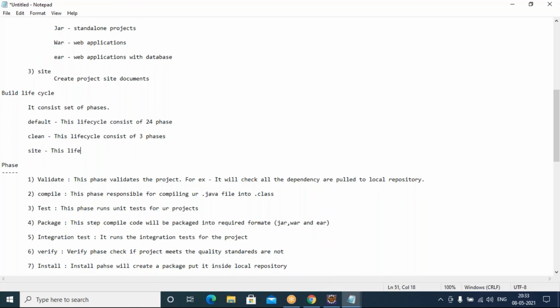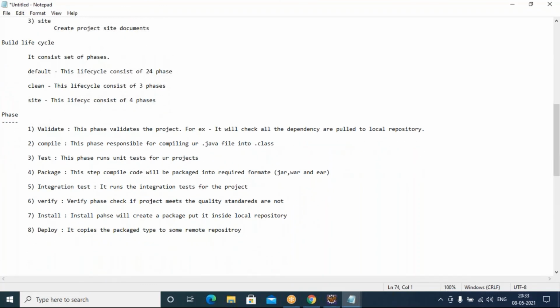And the site life cycle consists of 4 phases.